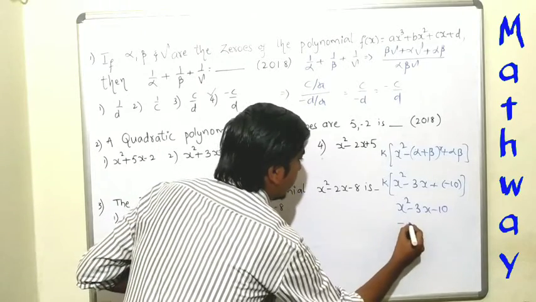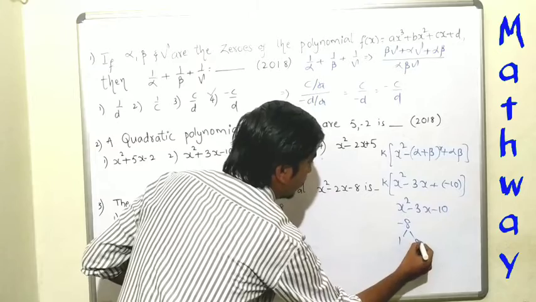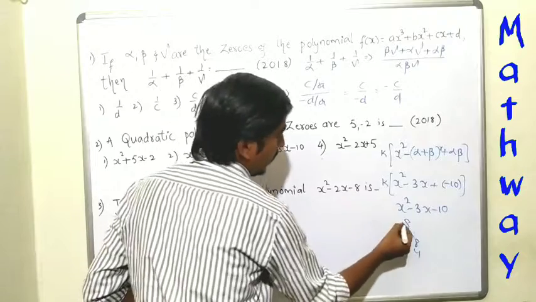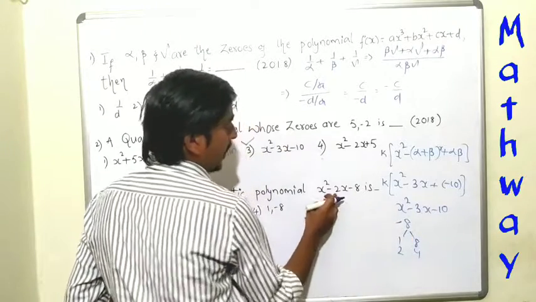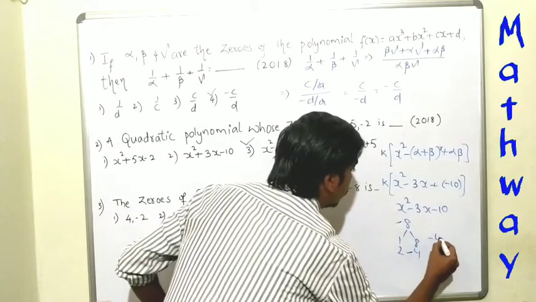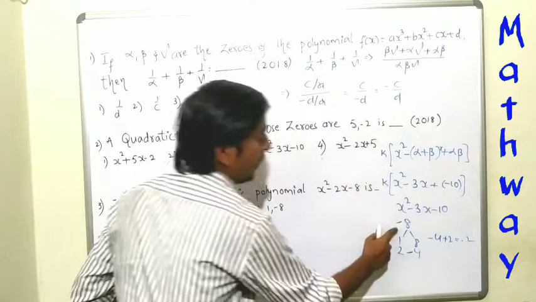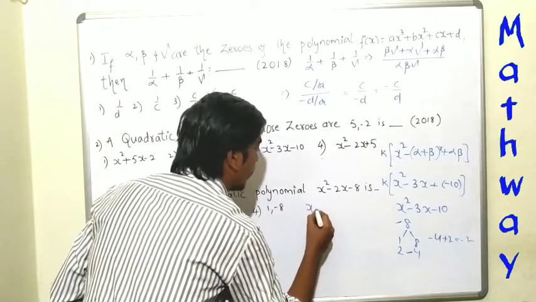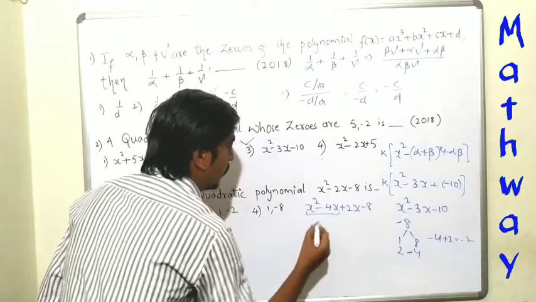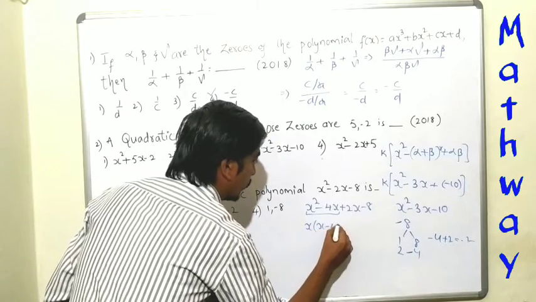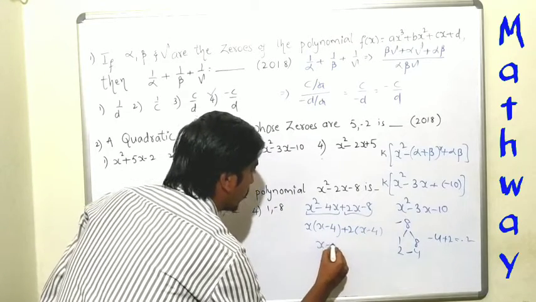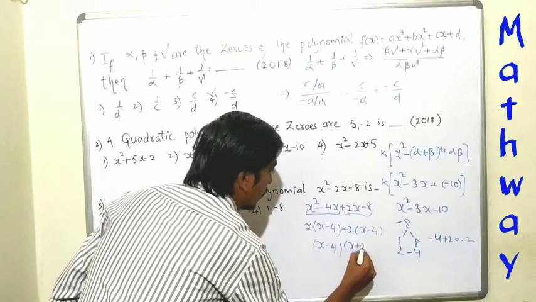The constant term is minus 8. So the factors of minus 8 are 1 and 8, or 2 and 4. We want minus 8 as the product, and the middle term is minus 2. If you take minus 4 plus 2, it gives minus 2 and the multiplication will give minus 8. So we can write the expression as x square minus 4x plus 2x minus 8. From the first two terms x is common, so x into x minus 4. From the last two terms 2 is common, so 2 into x minus 4. Now take x minus 4 as common, into x plus 2 is left, equal to 0.